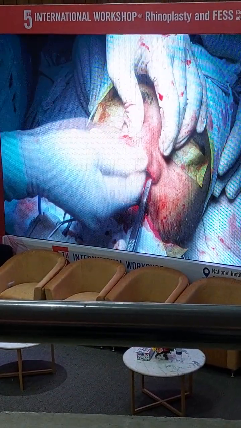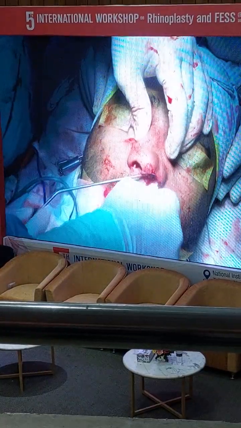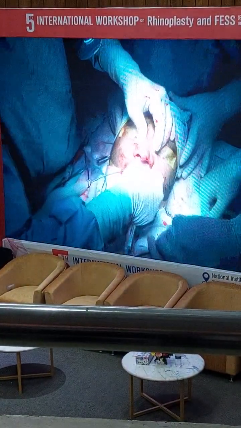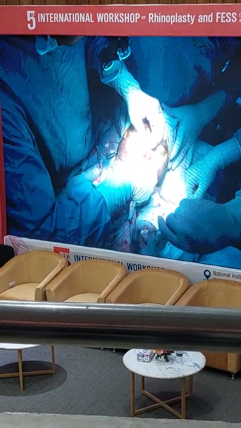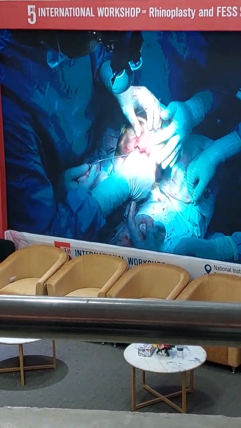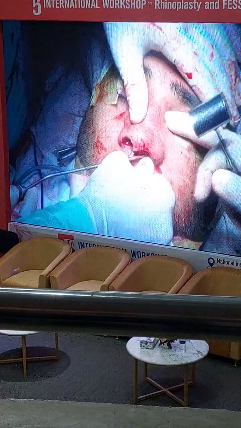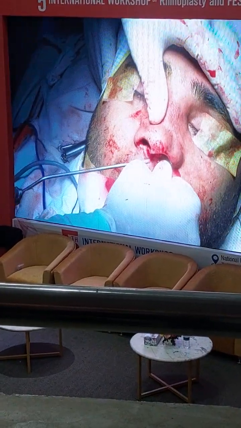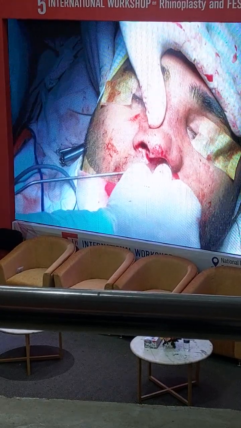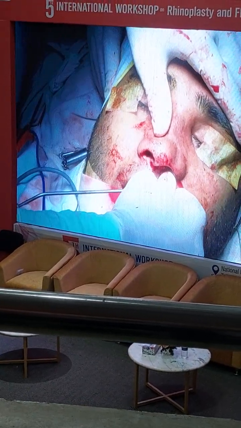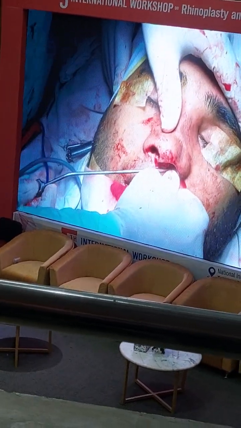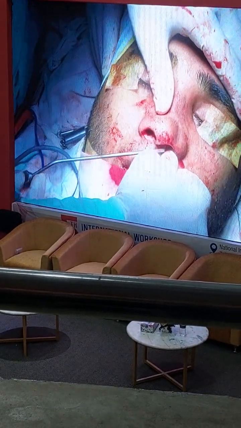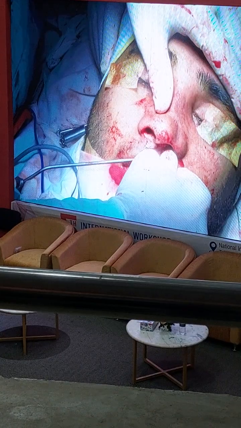Now, earlier I hold like this. Now I hold like this. Okay? Tap, tap, tap, tap, tap. So look at that. Can you see? By this osteotomy you are separating the nasal bone from the ascending process of maxilla. No. This is where I separate my ascending process of maxilla from the rest of the maxilla. I break my ascending process of the maxilla.